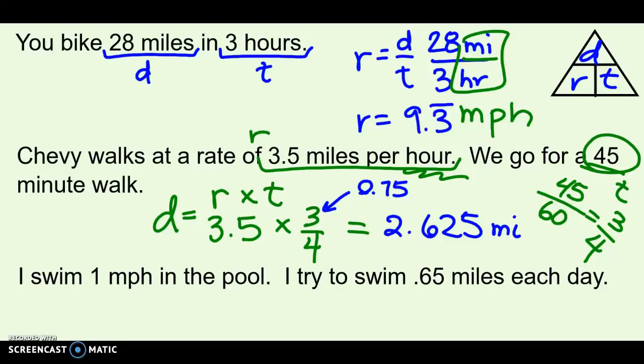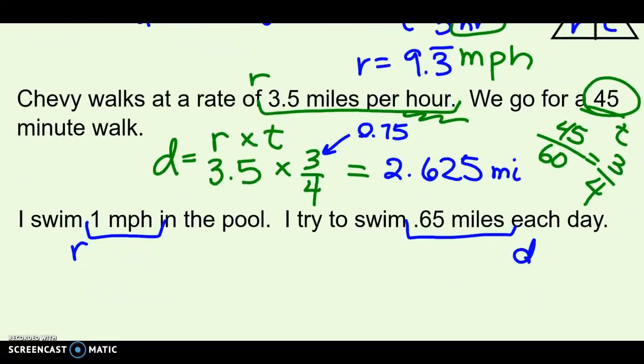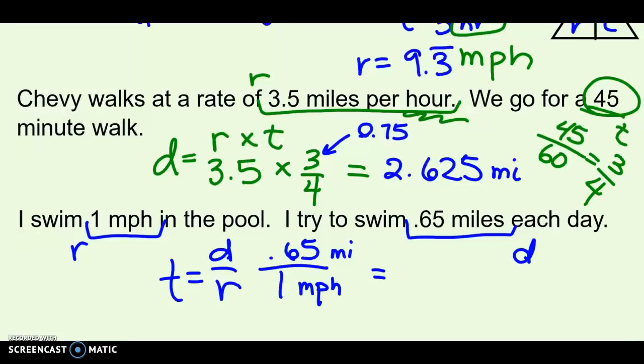All right, last one, 1 mile per hour. Well, miles per hour is going to be a rate, how fast I'm going. And I swim for 0.65 miles. That's how far I go, so that's a distance. And that means I'm looking to find the time it takes. So I put my time formula down. That's distance divided by rate. My distance was 0.65 miles divided by my rate. And when I divide by 1, I just get 0.65 of an hour. So you could